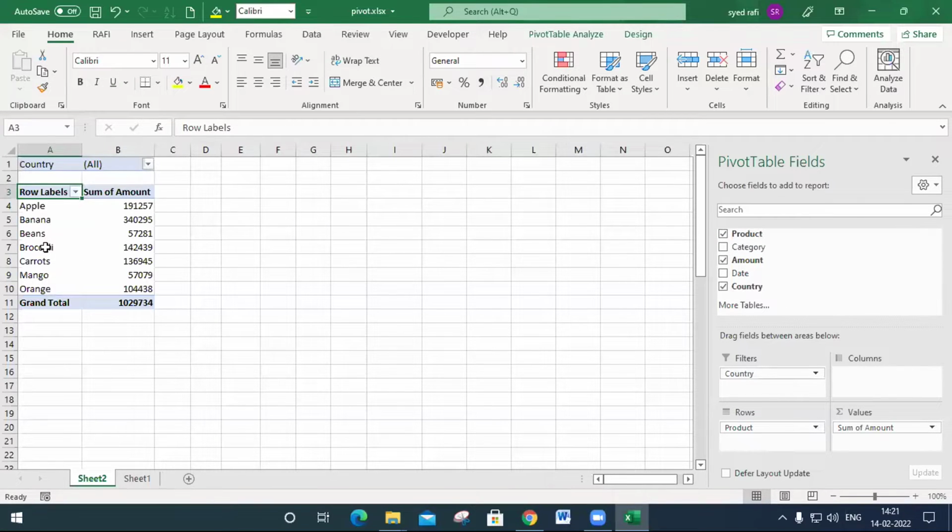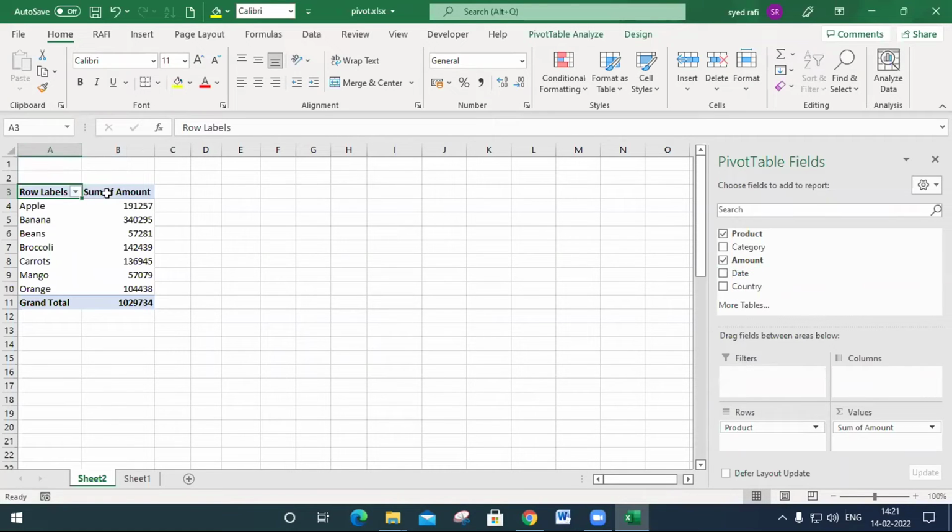Yes. So I place the product in rows. I want to make the calculation for the amount, and I put the country field in filters. So that's why it will be displayed like this. Whatever field you place in the filters box, it will automatically appear here.